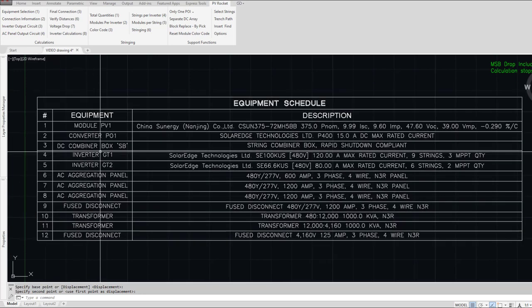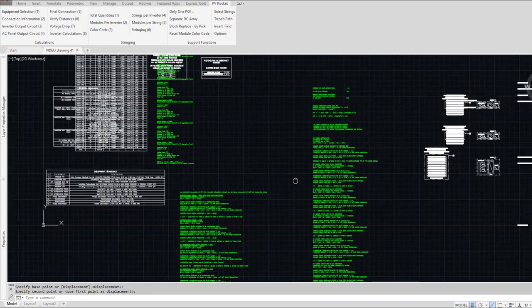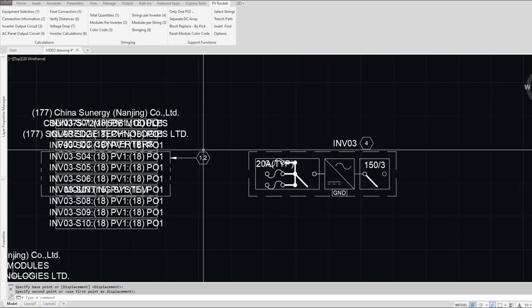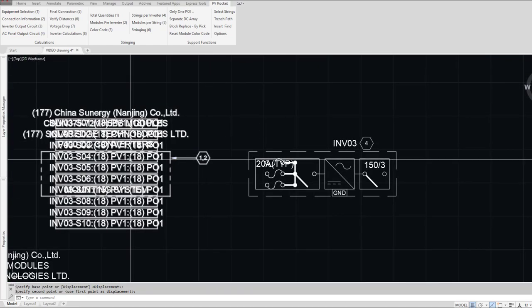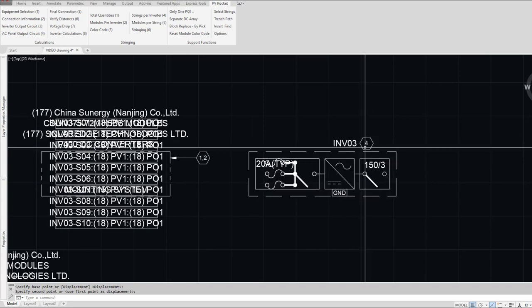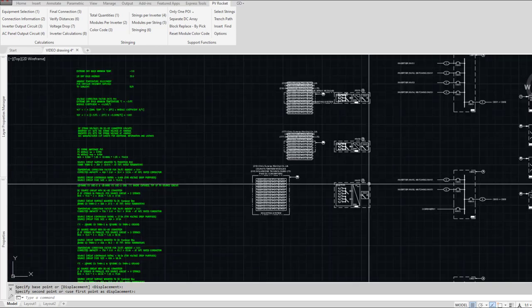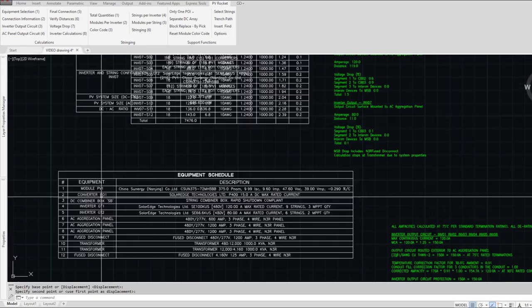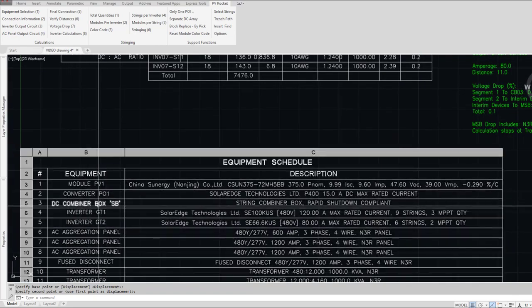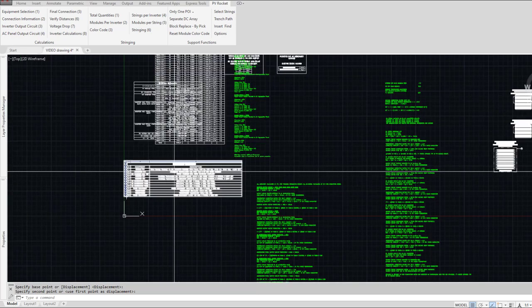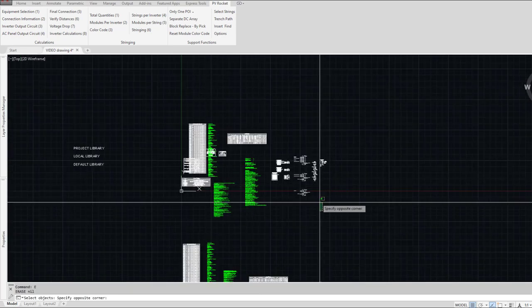And what I paused there for a second was I was noticing that we went equipment 1 and 2 on the array, and then we went to equipment 4 on the inverter, and then 5 on that inverter. And I was thinking, where is equipment 3? Well, equipment 3 is the combiner box. So if we scrapped all this